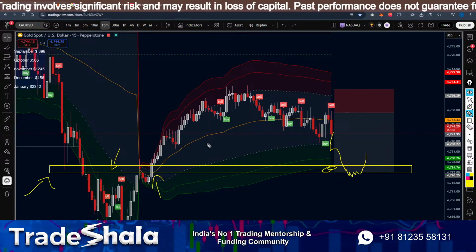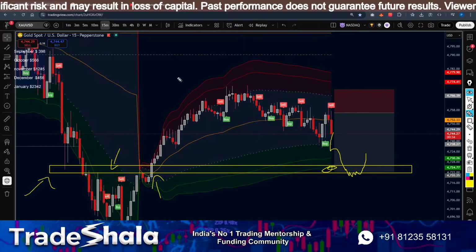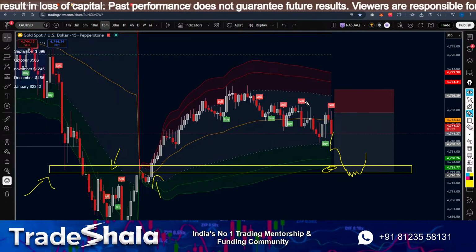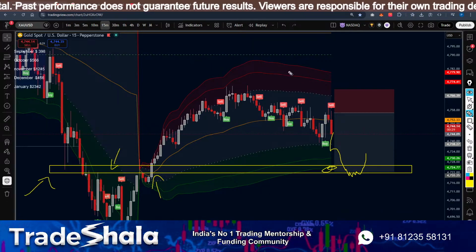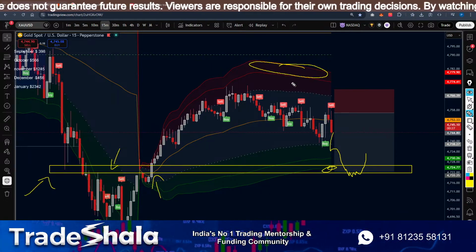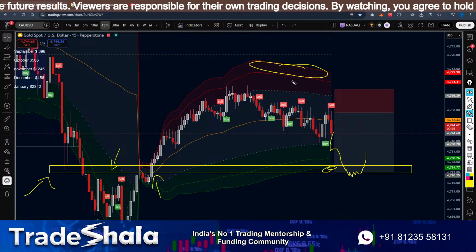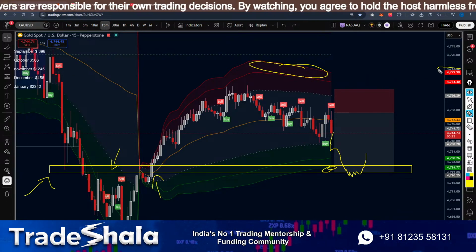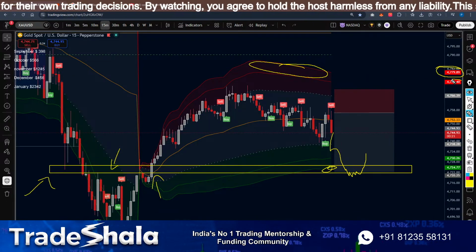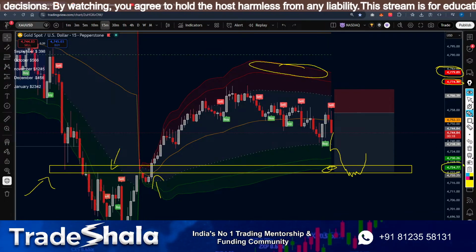So I recommend everybody to use it. Just go to indicators and type in VWAP. Okay, for the bands use different colors. So if it ever comes to the red range, look for sells. Okay, look for sells. That is why in my red range I have marked colors like this. You guys see the red colors and green colors on the side.